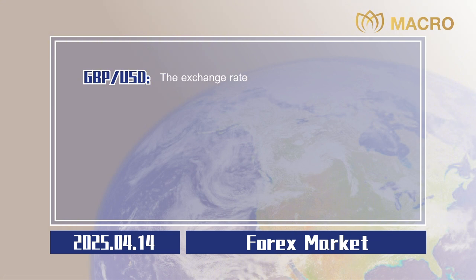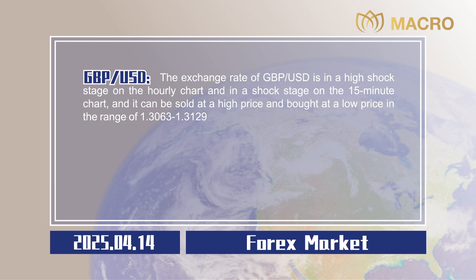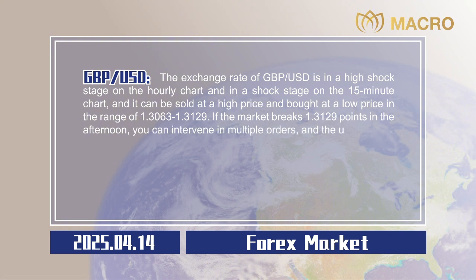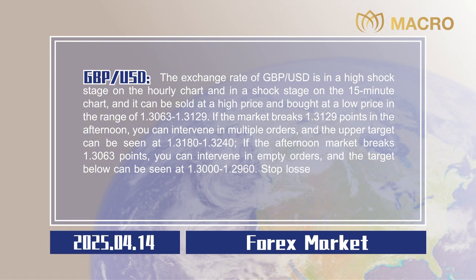Pound sterling to US dollar. The exchange rate of pound sterling to US dollar is in a high shock stage on the hourly chart and in a shock stage on the 15-minute chart, and it can be sold at a high price and bought at a low price in the range of 1.3063 to 1.3129. If the market breaks 1.3129 points in the afternoon, you can intervene in long orders, and the upper target can be seen at 1.3180 to 1.3240. If the afternoon market breaks 1.3063 points, you can intervene in short orders, and the target below can be seen at 1.3000 to 1.2960. Stop losses are all 20 points,